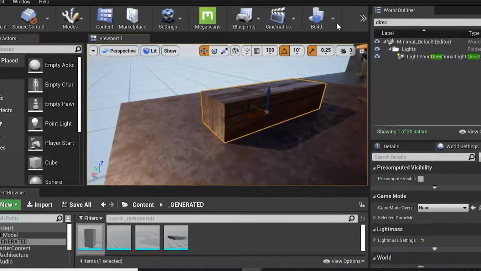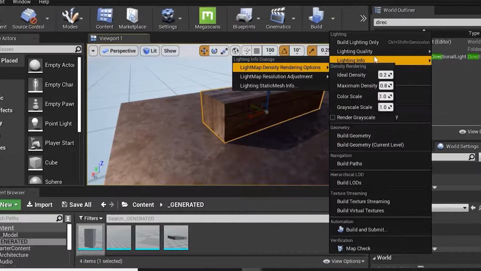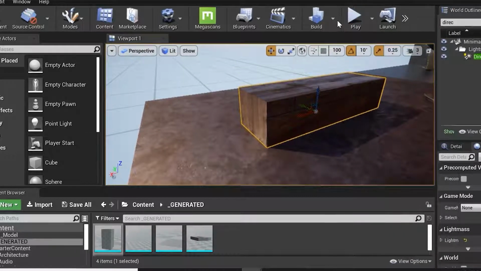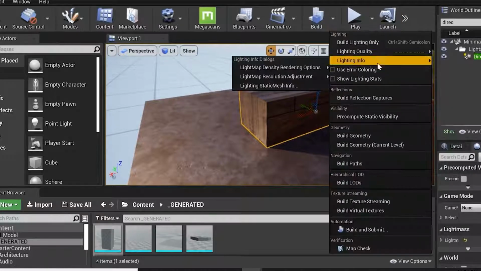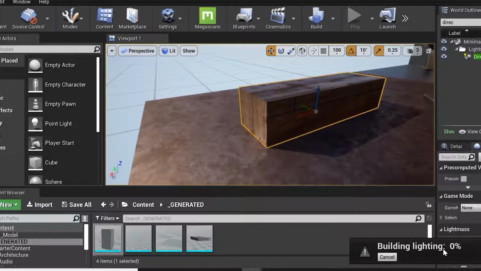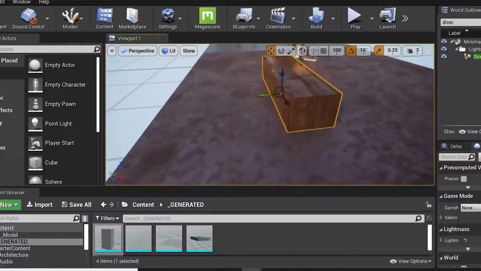So what we have to do is go into this build, light info. Just one second, I'll maximize this. I need to go into my build options, building lights only. If I click over here, it will recache, rebake my light because I moved my light. I have added an object over here. You'll see that the shadow and the light will bake. After calculating that, lighting build completed over here.